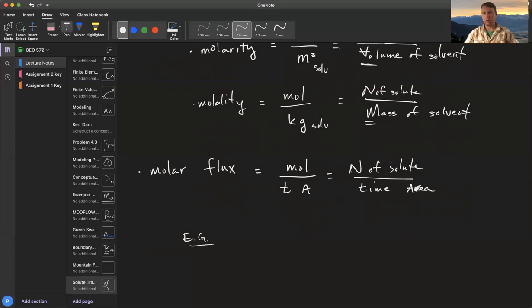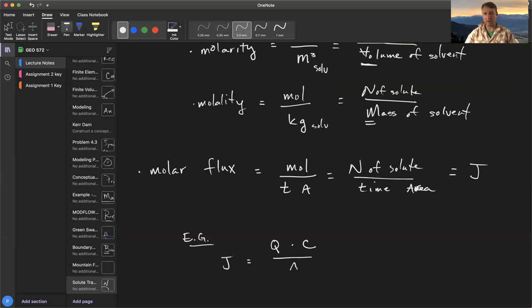We're going to call the molar flux J. All right. So as an example, our molar flux J, we can write as equal to the discharge of water, right, times the concentration in water